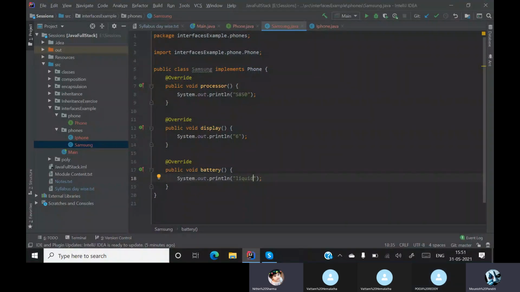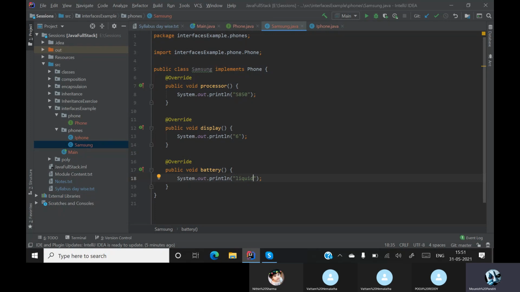Since we already have a class, and when there are two or three classes, we can use inheritance. When we already have inheritance, why do we need to use the interface? Because inheritance consists only of concrete methods.